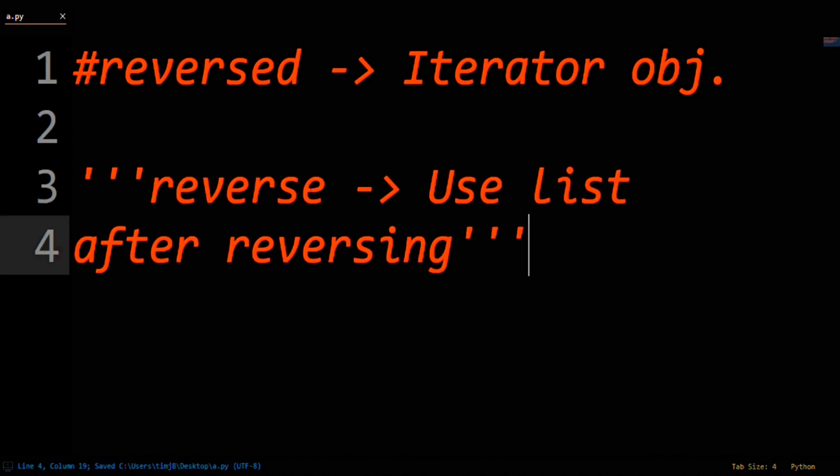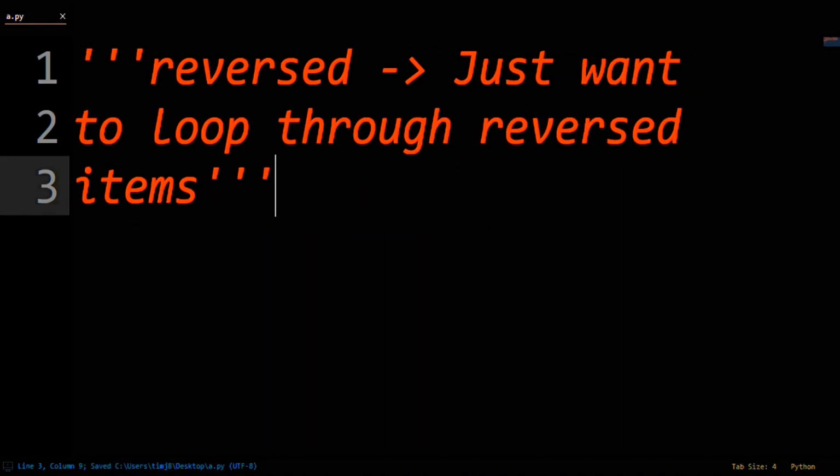from all this. If you care about the list itself being reversed and then want to do further operations on the list, then use the list reverse method. If, however, all you want to achieve is looping through the elements once they are reversed, then use the reversed